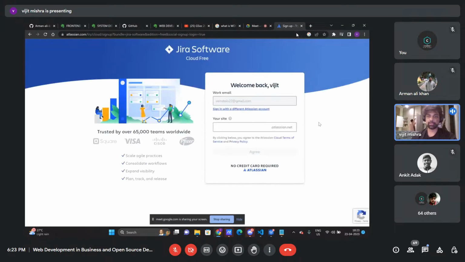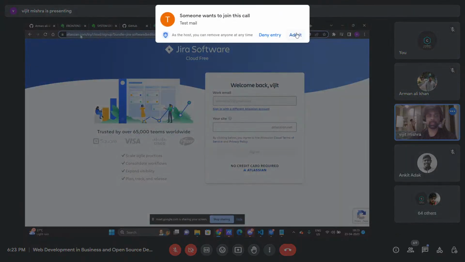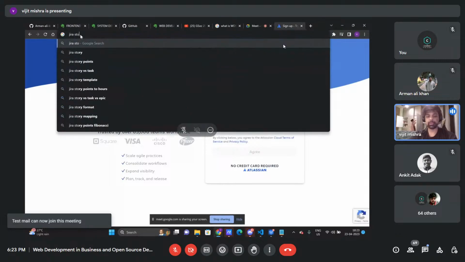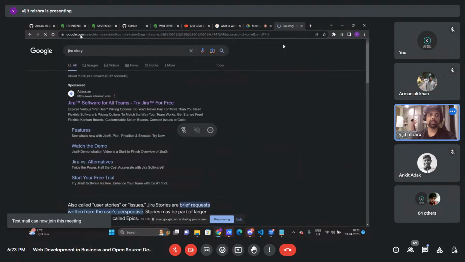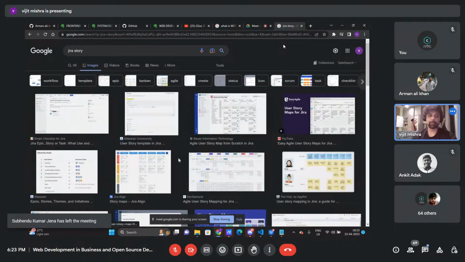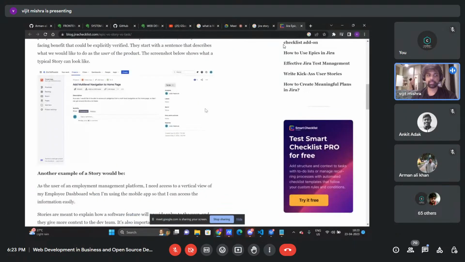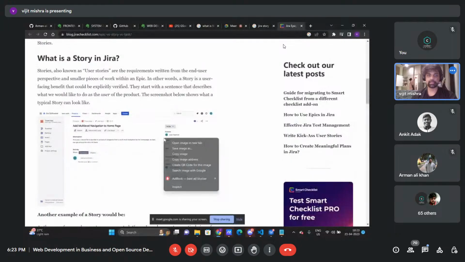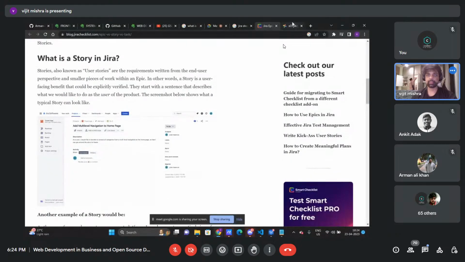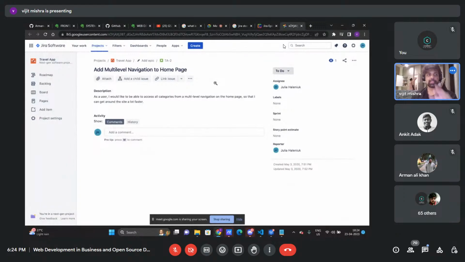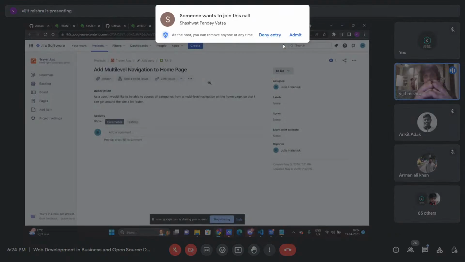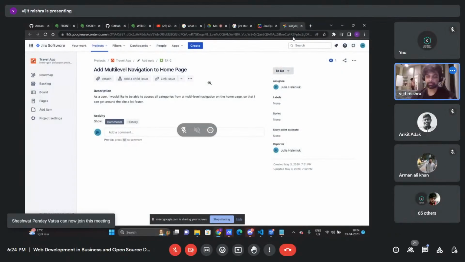Okay, so let me show you how the story looks like. Okay, instead of logging in, so yeah, if you see something like this, this is a Jira UI in which the business owners or the business analysts